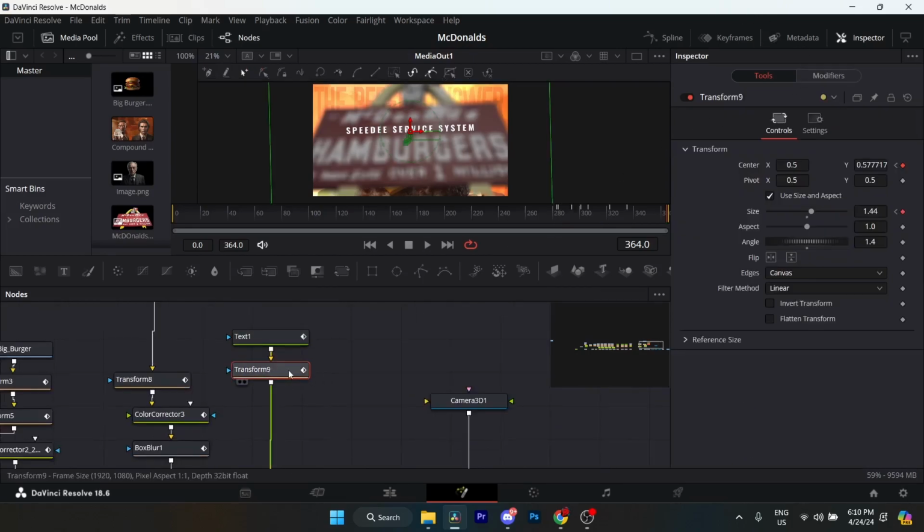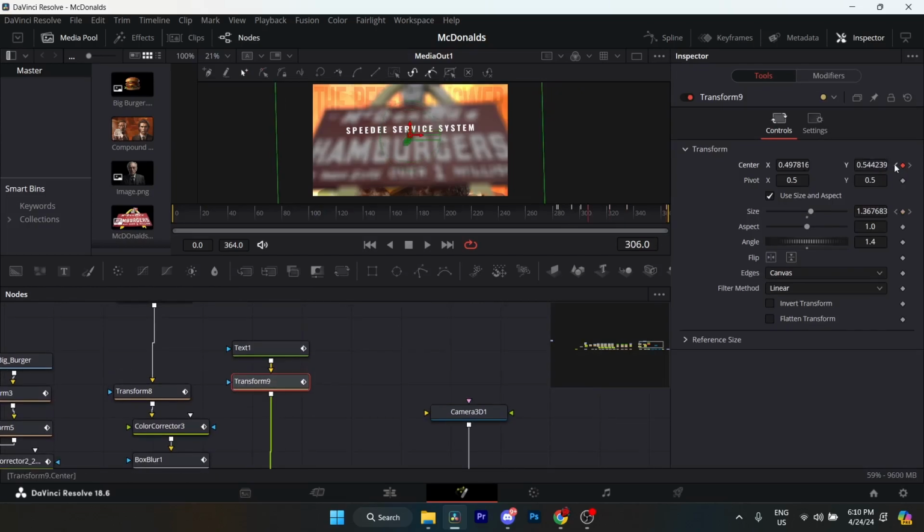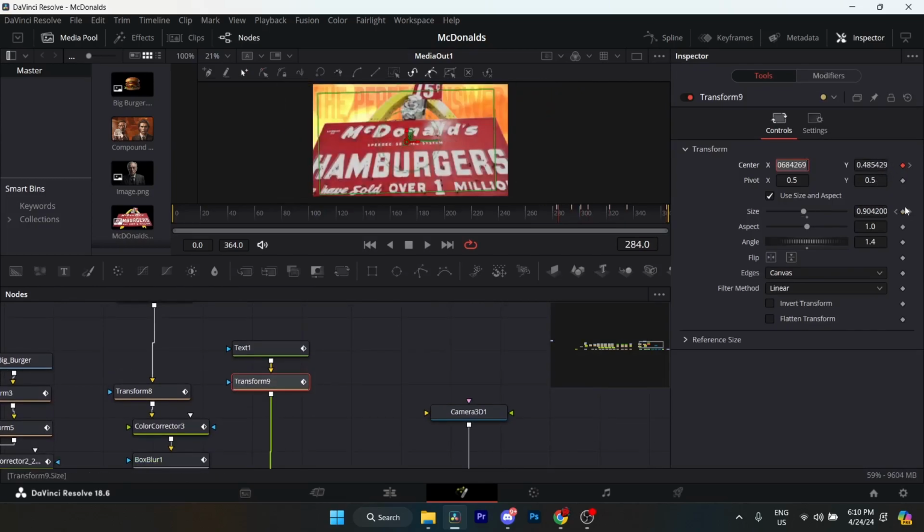Now we'll move on to the transform node for this. So there's quite a few keyframes for this, so we'll start at the start. We'll start with the center X and Y keyframes, and then we'll look at the size keyframes afterwards. So center X, we started at frame 284, keyframe center X and Y at these values 0.4 and 0.47, and then go to frame 294, so 10 frames ahead, and then adjust the X and Y axes to these ones right over here,